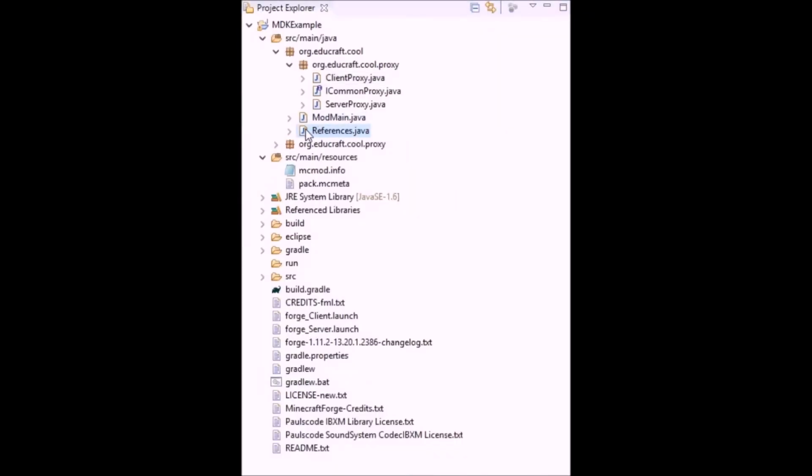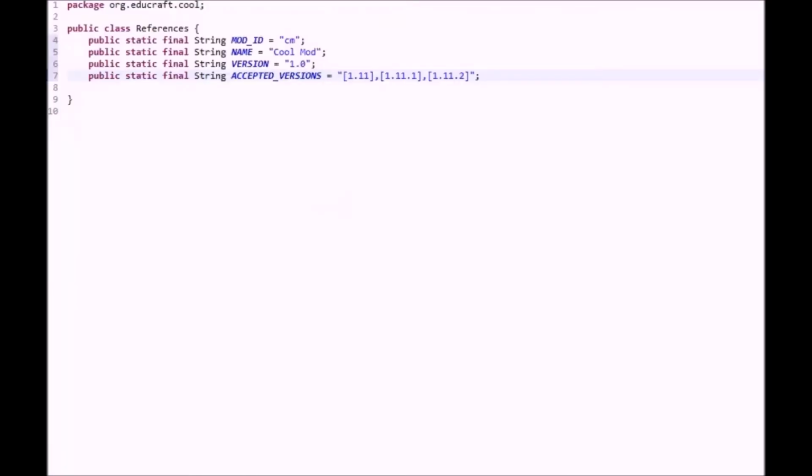There's a couple more constants we need now that we have our proxy classes. So inside of that References class, you're going to add another constant, a public static final String, just like the other ones, and this one's going to be called CLIENT_PROXY_CLASS. I just don't like that all caps class. It looks ugly, but it's what we got to do. And now you're going to type in the package that it's located in. So in mine, it's